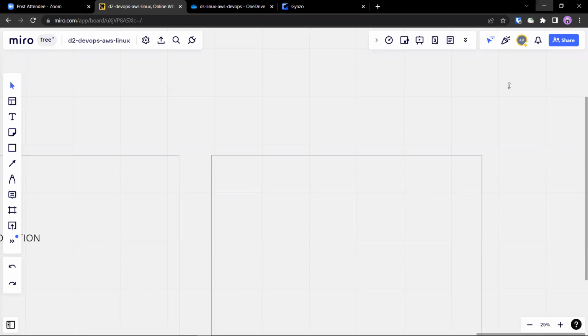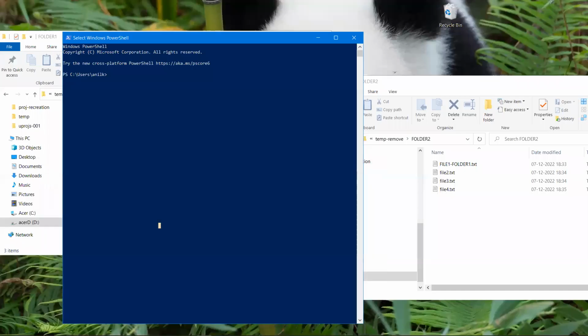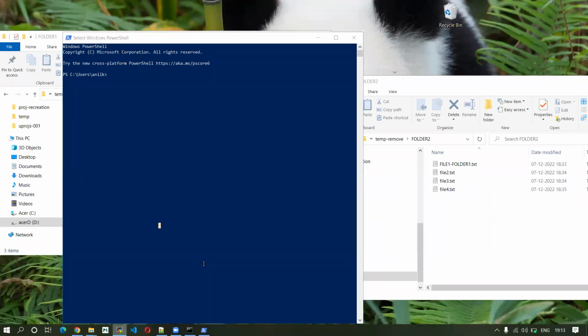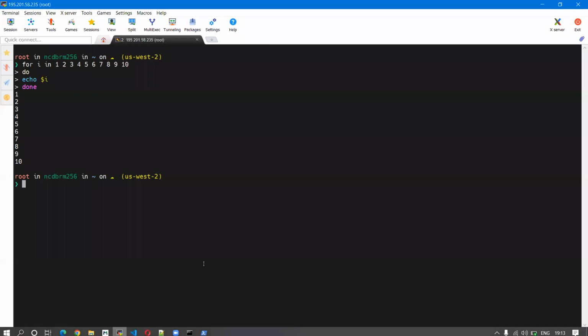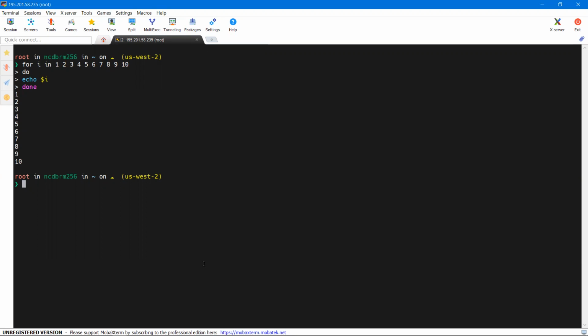Or if you want to do something on Linux directly, we have this method, like the one that we are seeing. The machine is somewhere else. We just install MobaXterm and we connect to it. I'll tell you how to get those machines free on cloud. You have AWS, Oracle Cloud, every cloud, right? Some of those clouds are giving free machines. So we will set up a machine over there and you connect to that machine always. That's one way. Or if you want to install on your local laptop itself, there are methods to do it. We will do that also.